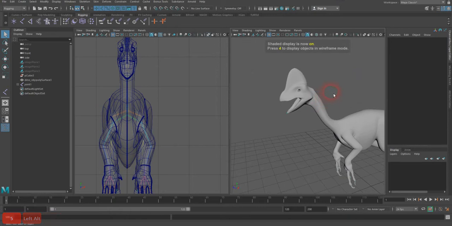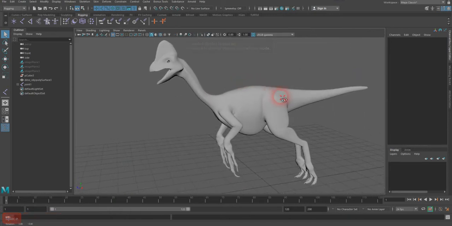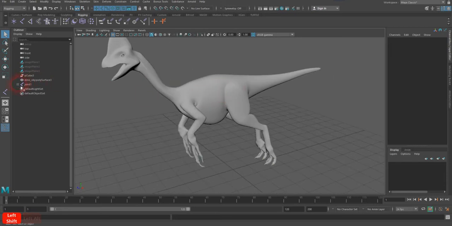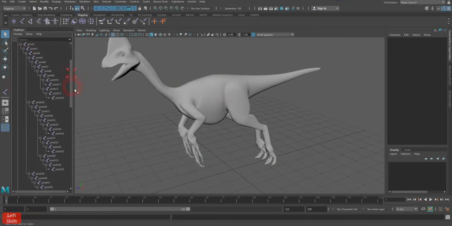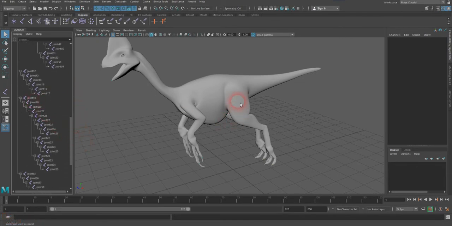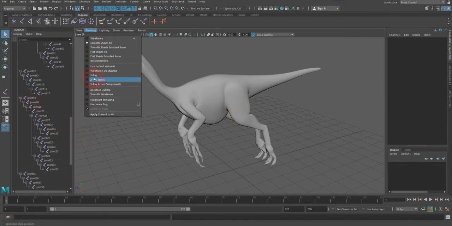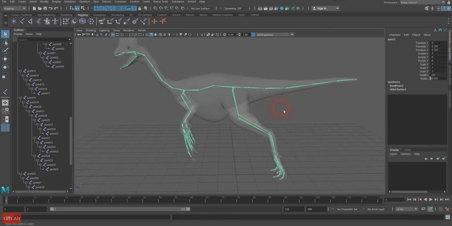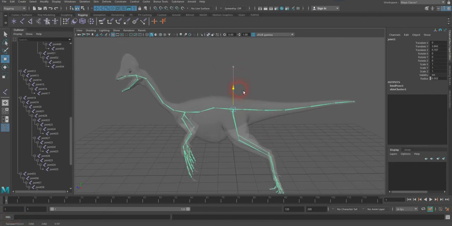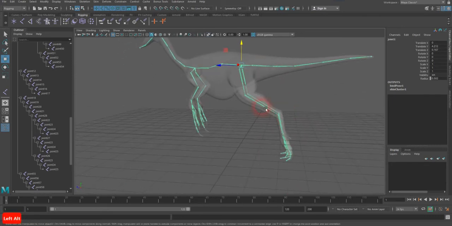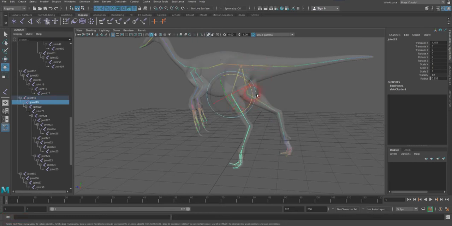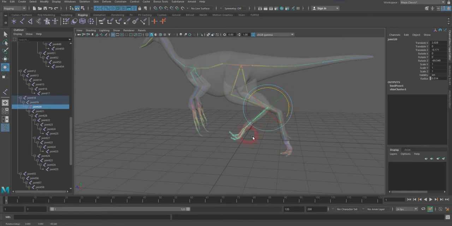It's not the greatest thing though. If I hold shift and open up my joint chain here, we have them all there in order. So I'm going to use my X-ray for a moment here to look at it, and I'm going to start by posing it. I'm going to bring my character down a little bit, maybe rotating some of these guys over a little bit. So of course weight painting becomes an issue,